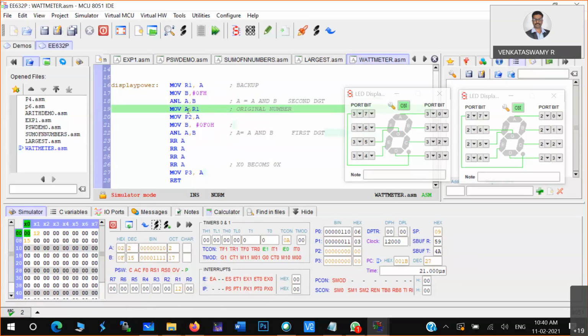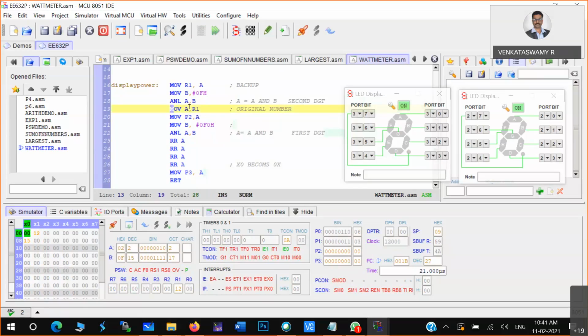I have to take R1 content to A. So when I put that particular thing to the P2, then it will print the wrong value. So there is a mistake in the program.